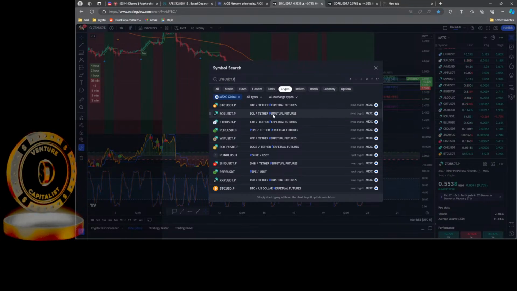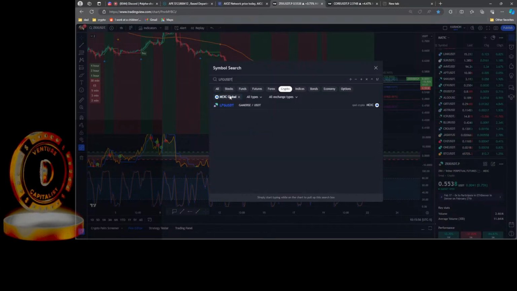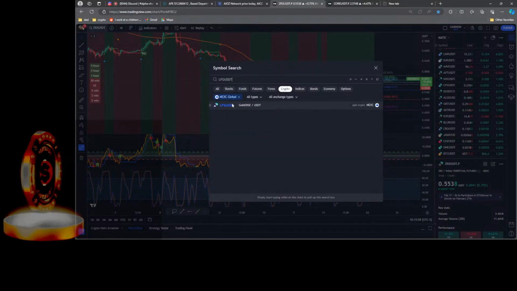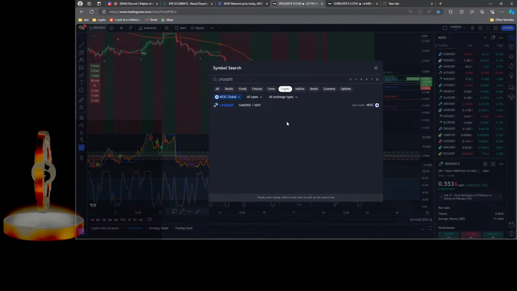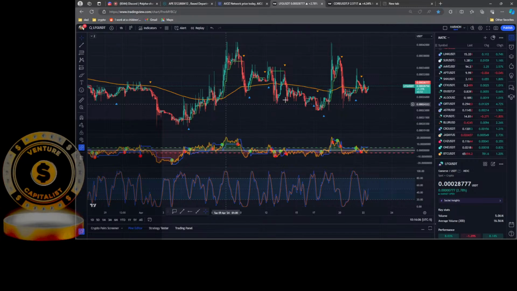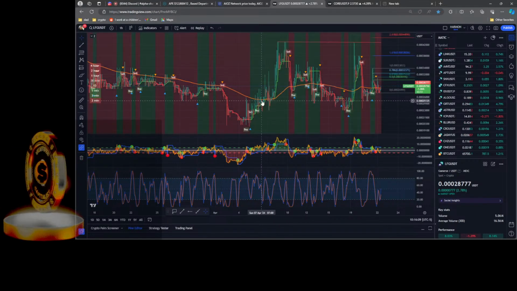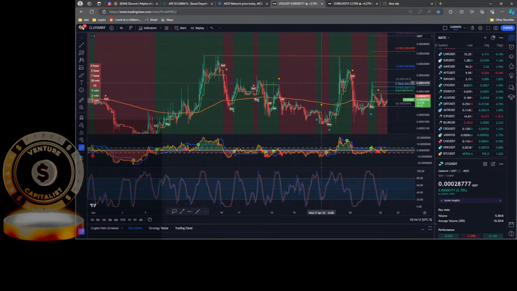It's not on MEXC futures because it doesn't have a .p. But if I get rid of the .p, I can see that it is on MEXC, but it's only on spot. So now I can pull that trade up. I can pull that chart up. Now I can't do futures on this, but if I wanted to look at this chart, which I do,